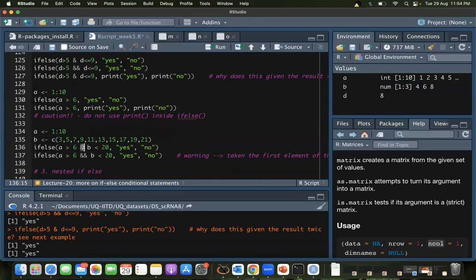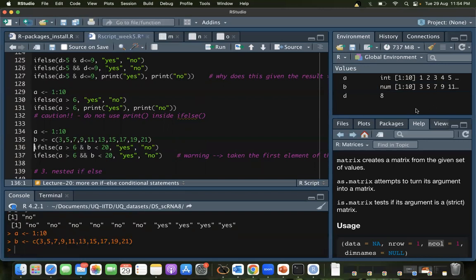Since it can handle multiple values, let's see how it handles a double AND. So I have A here and I have B here. They are both of the same length. They are both vectors with the length 10, so that we do not get warnings and errors because of the length thing we discussed. Remember, when it's comparing, it does an element-wise comparison.